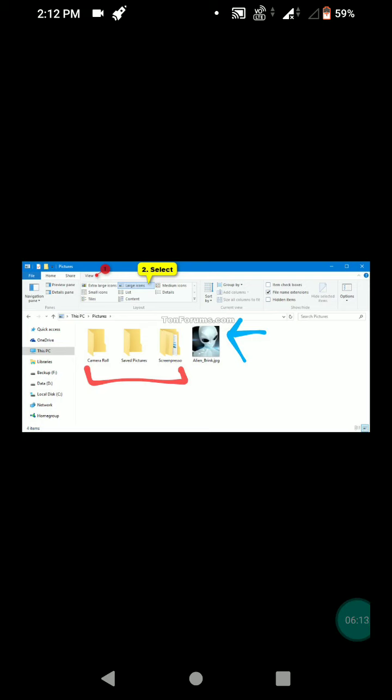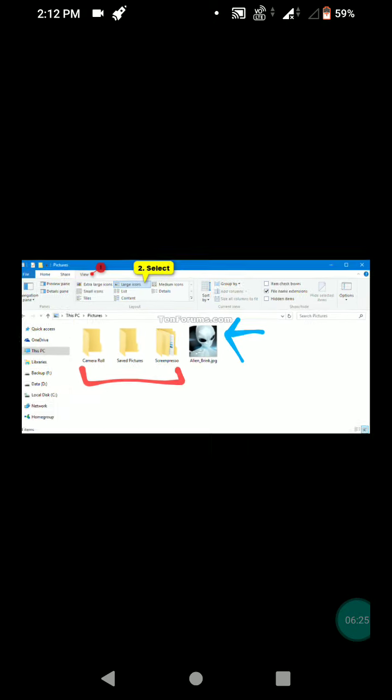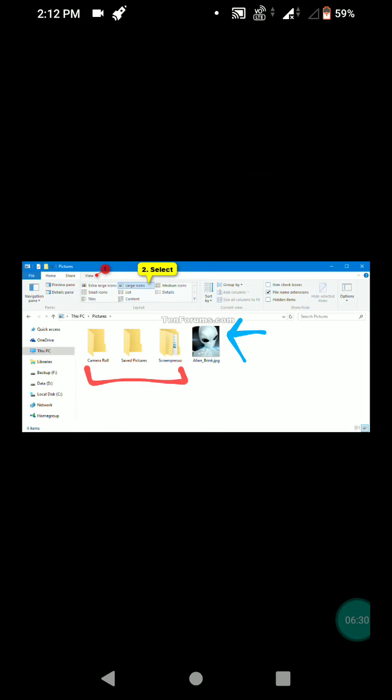While a folder is like a group of files collected together and kept in one place. All the yellow icons that you see are folders, while this JPG image is a file. So a folder is a group of files kept together so that we can easily manage them.